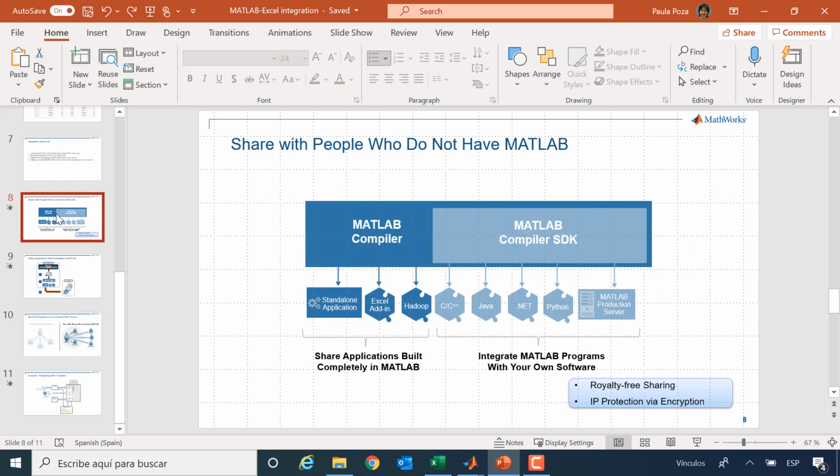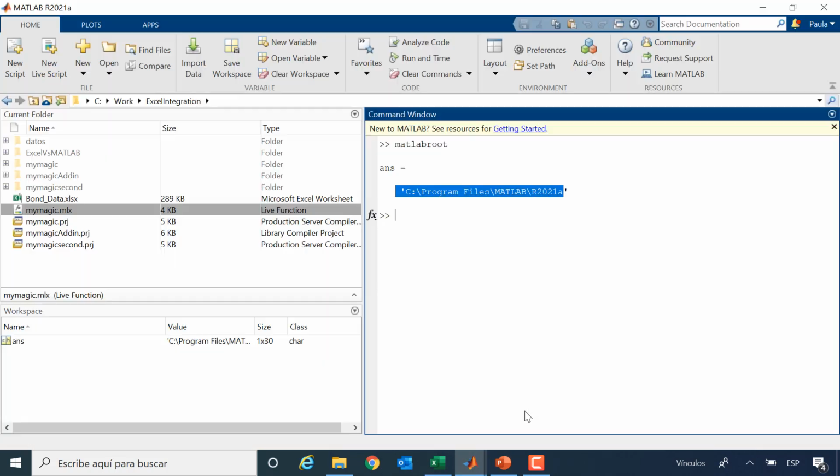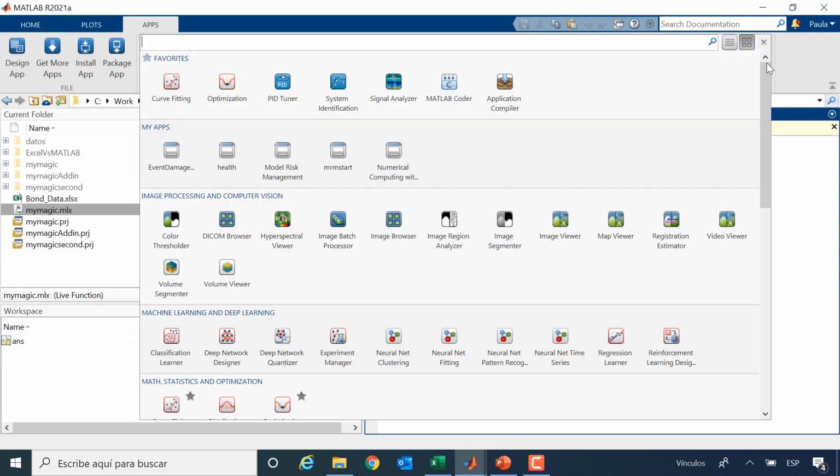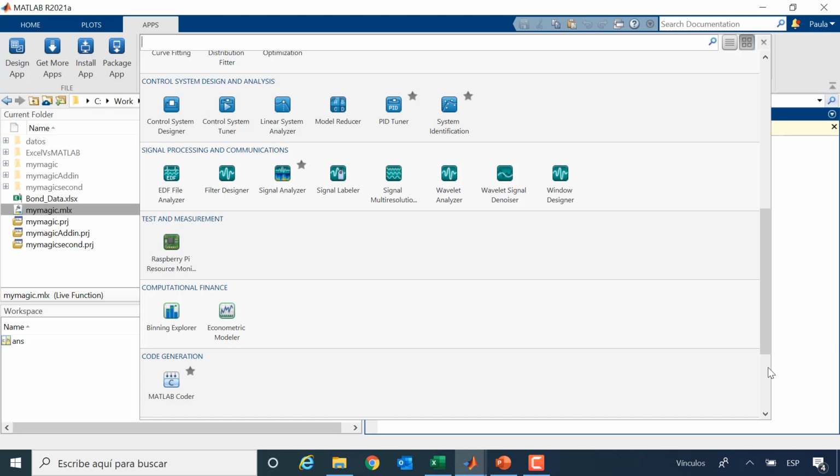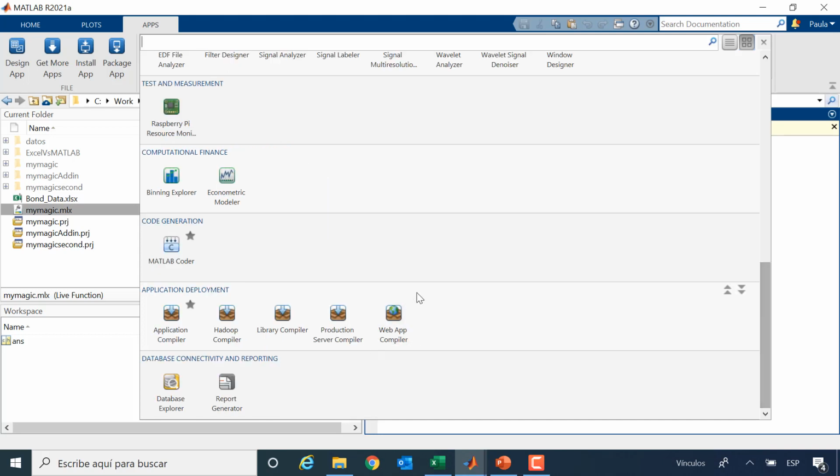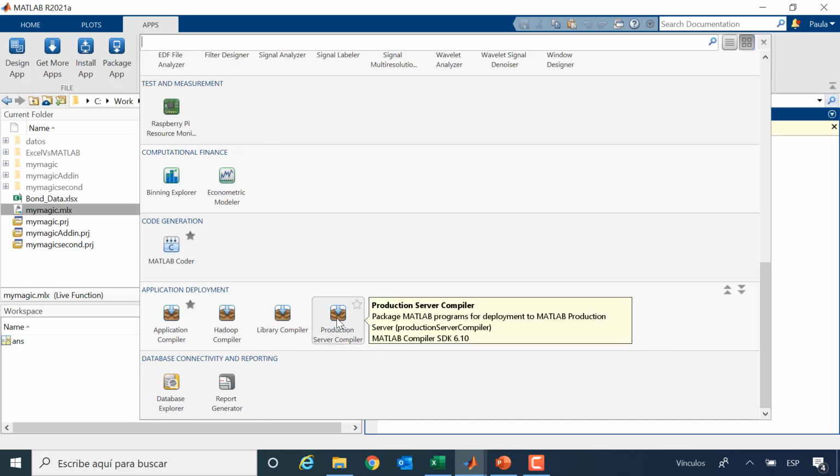Okay, and we just said that we convert our MATLAB algorithm into an Excel add-in or a CTF file. But how do we do that? Let's go and have a look. I go to apps and I search for production server compiler.